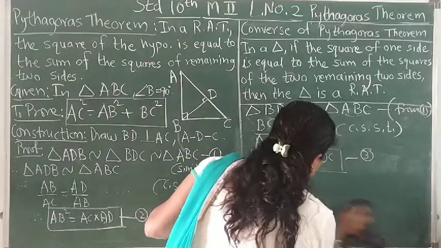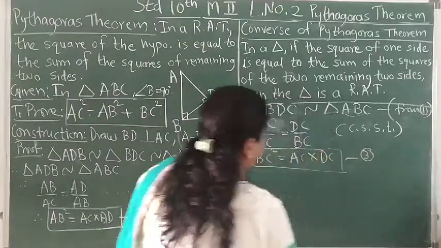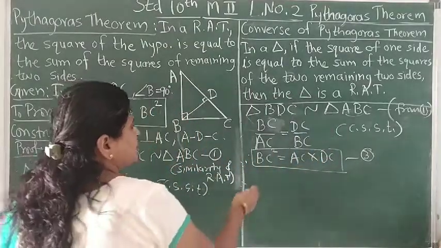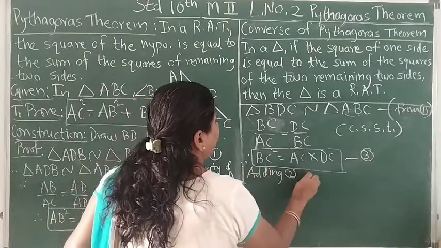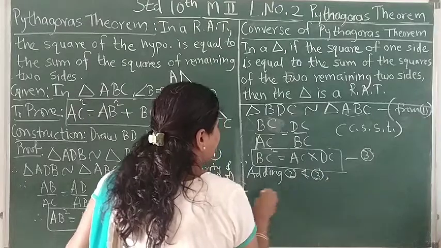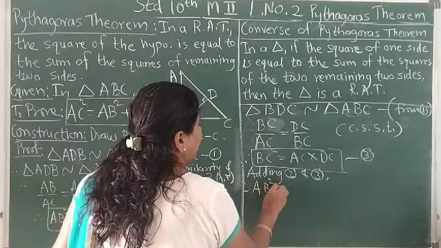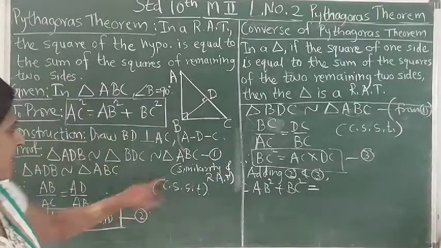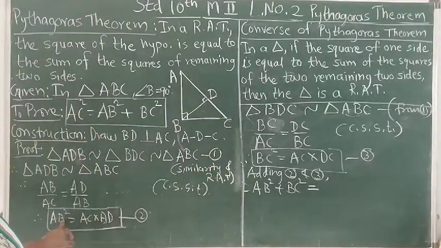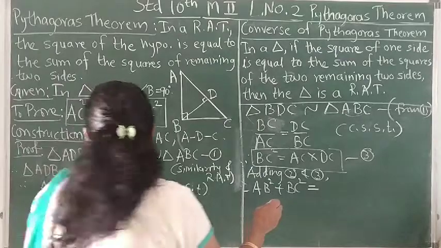Let me clear it so you can see the blackboard clearly. So adding 2 and 3, what do we get? We get AB square plus BC square is equal to, this is AB square, here is BC square. We have added LHS to LHS. RHS is what? AC into AB